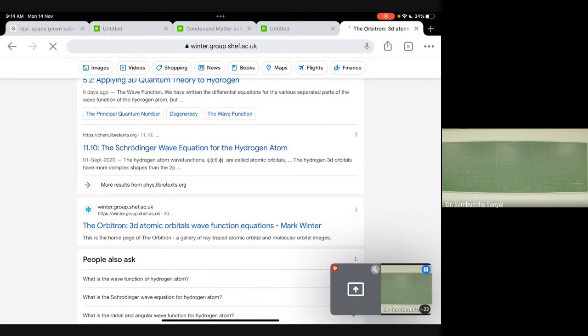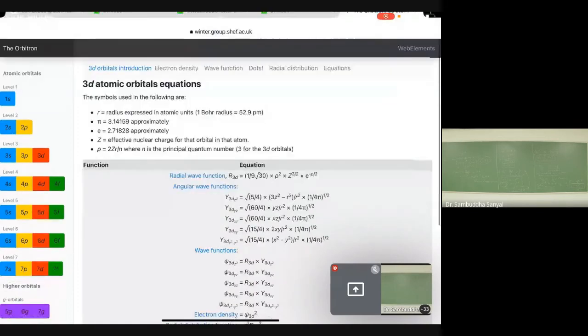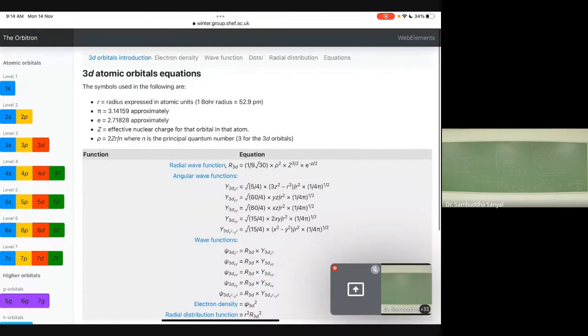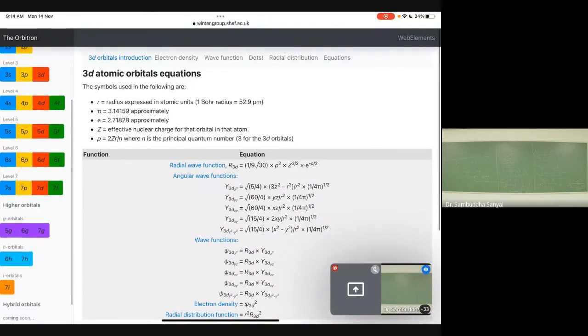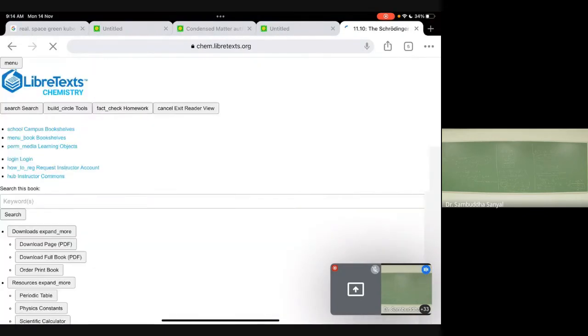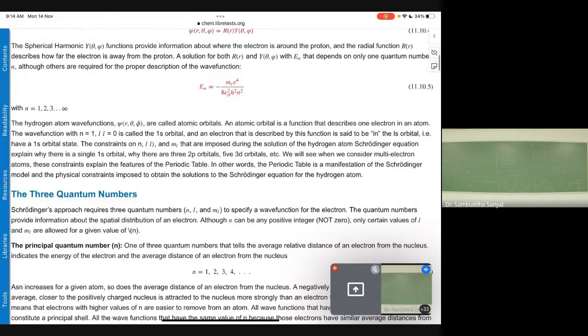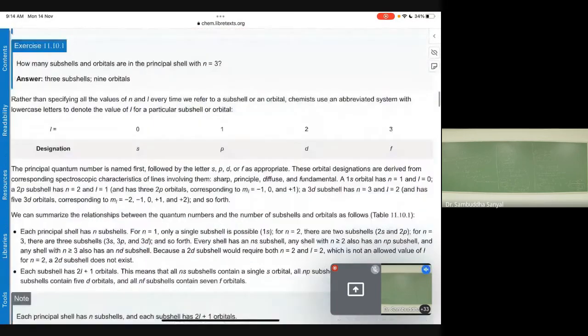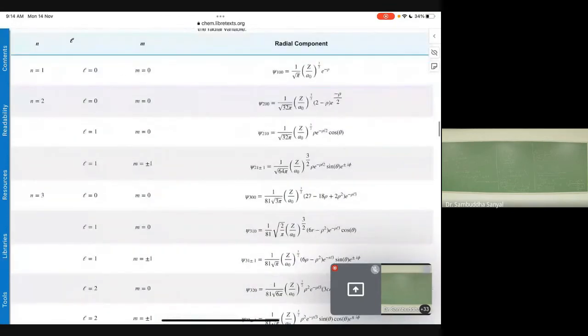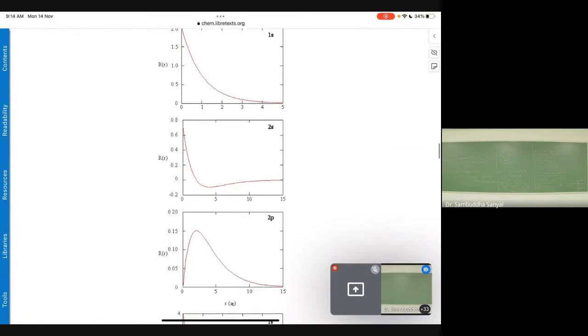Usually these chemistry web pages have very good pictures, but I don't see them. Anyway, just Google this. It is not very difficult to find. Let me try it once if I see it here. This is a chemistry page. They should have it. Okay, they have all the wave function forms, the mathematical form, and they have the radial